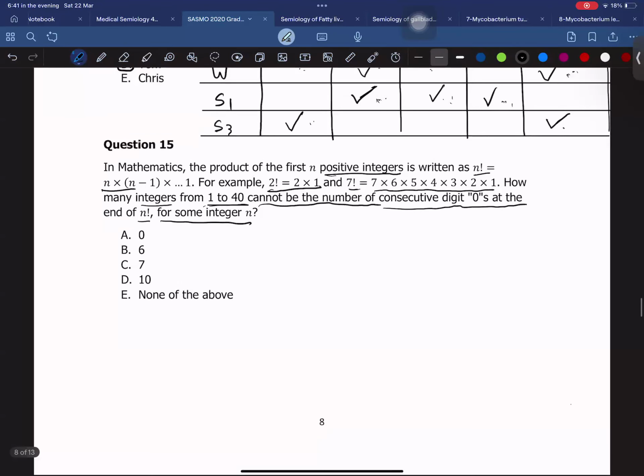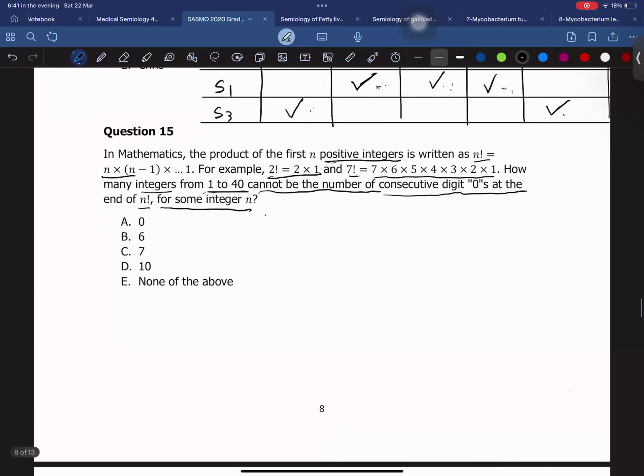Yeah, so what do we have? We need to test 1 factorial. What is 1 factorial? It is 1, so there's no 0 in it. So in order to find the 0 digit,